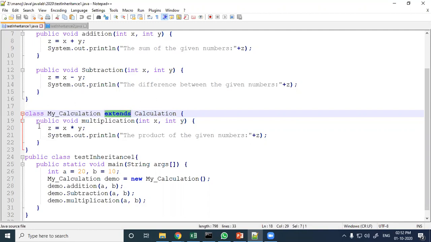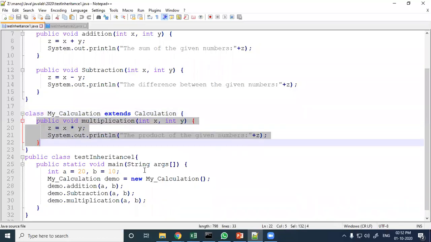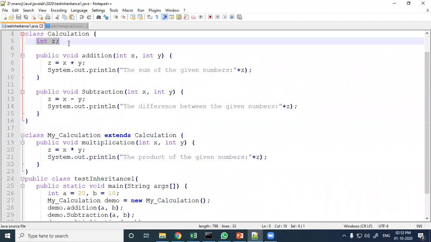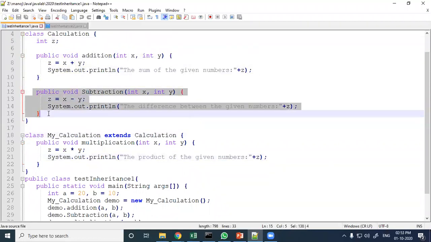Now inside this class, a multiplication method is defined, where x and y are received, x and y are multiplied and assigned to z, and the value of z is printed. This is the only function defined inside my calculation. Now as per the inheritance concept, all these members, this one member, this another member, this another member, are inherited by the derived class my calculation.